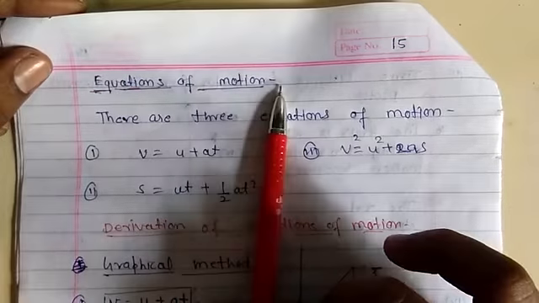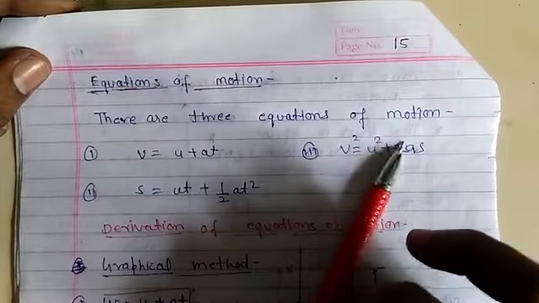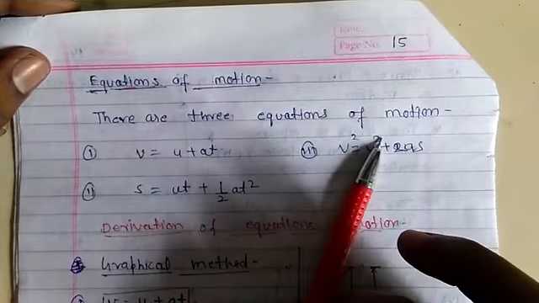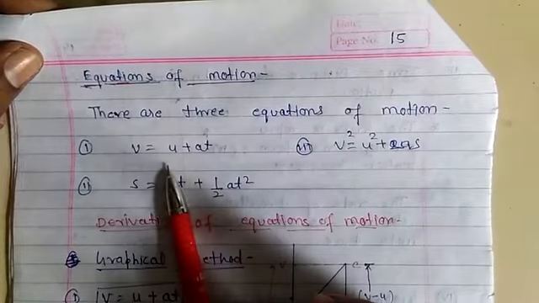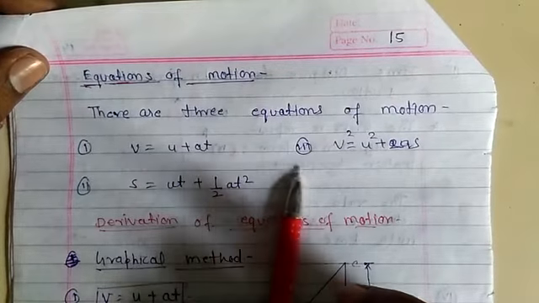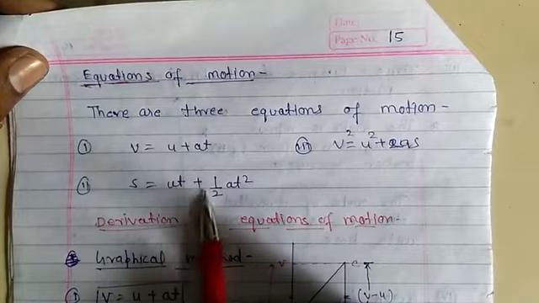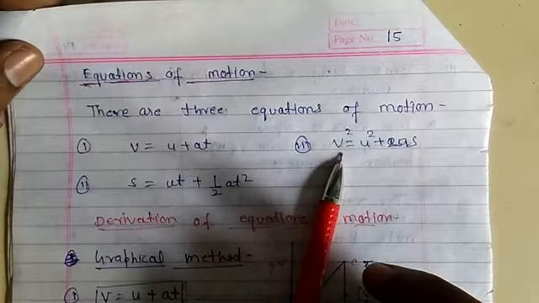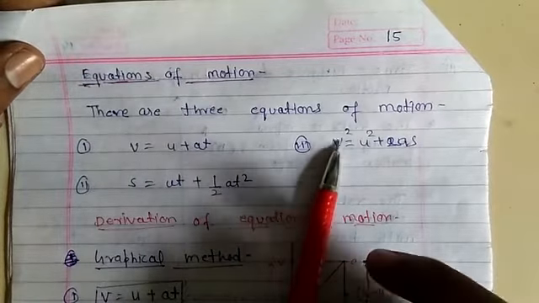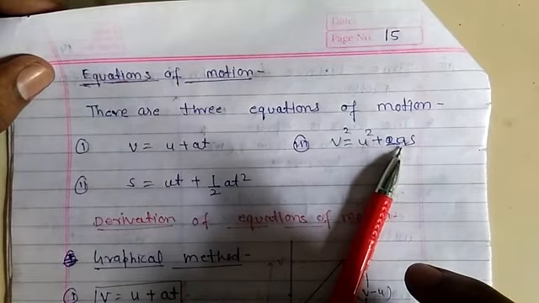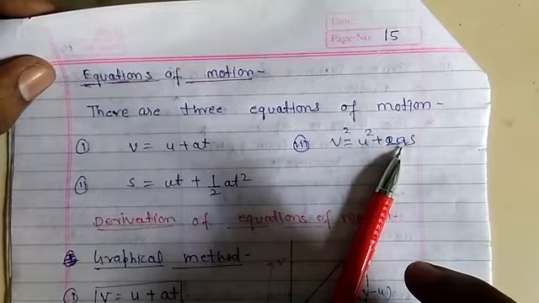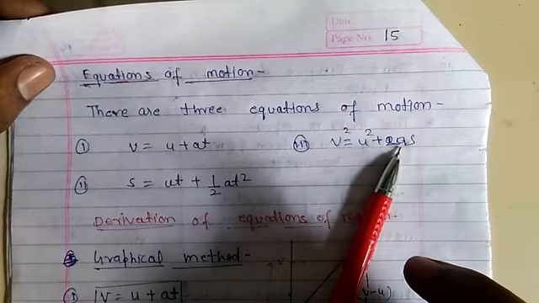Discuss the equations of motion. There are three equations of motion. All these equations are also known as equations of linear motion. The first equation is v equal to u plus at, the second is s equal to ut plus half at square, and the third is v square equal to u square plus 2as, where s is the displacement, a is the uniform acceleration,